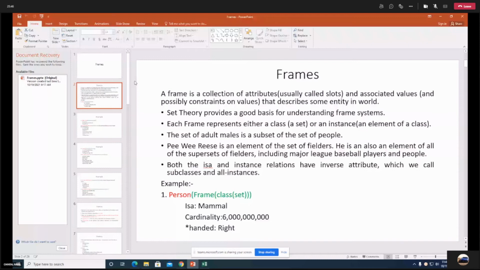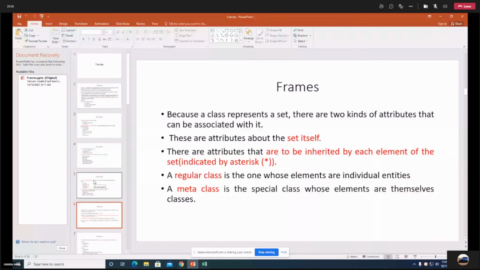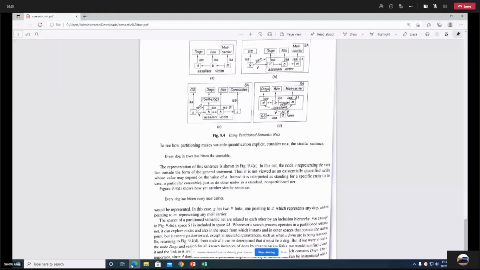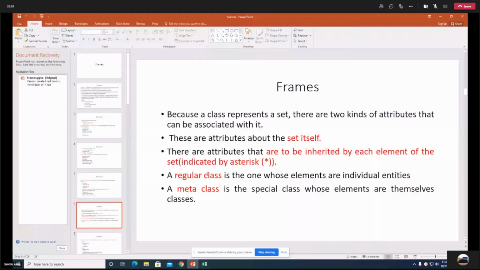The answer is that the attributes which are represented by an asterisk are to be inherited by each element of the set.